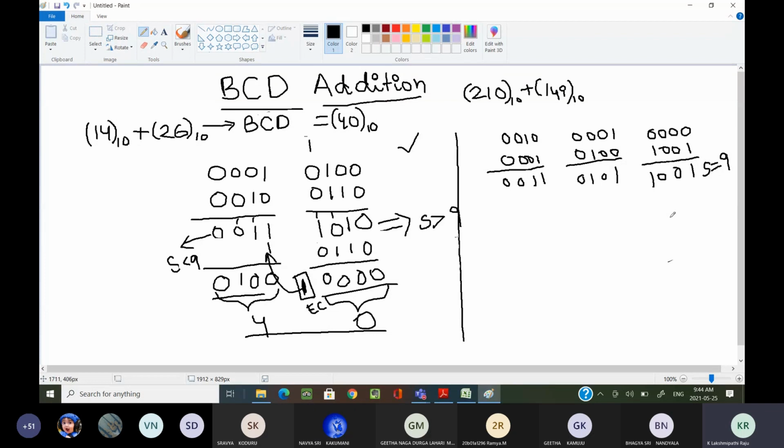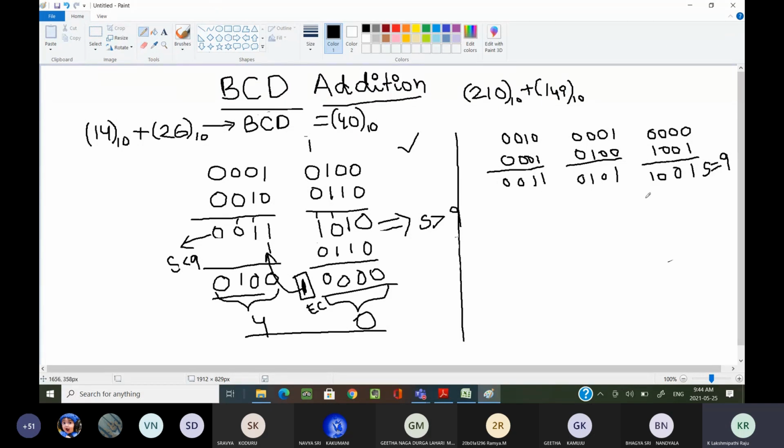Is the third digit sum less than 9 or greater than 9? Less than 9. Okay, the result we are getting is the final result, because in this problem no need to perform any correction.